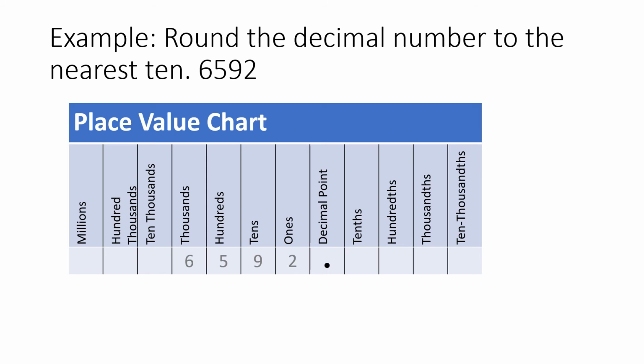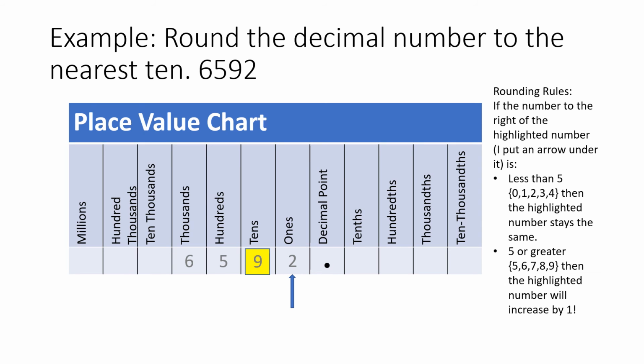The same rules are going to apply if we are not rounding decimals, if we're going to round to like the nearest 10. So we have 6,592 and we want to round to the nearest 10 spot. So we're going to locate what number would be in the tens place, and that would be a 9. And then we've got to look to the right of it, which is a 2. The same rounding rules are going to apply. Since 2 is less than 5, then my 9 is going to stay the same. And then what I'm going to do here is put a placeholder 0 in for my ones spot. And so my final answer is going to be